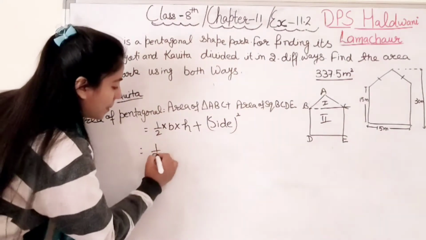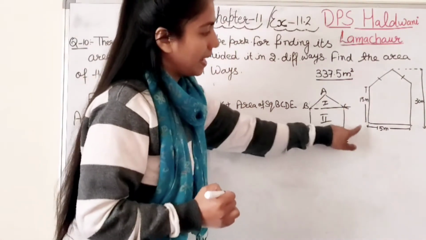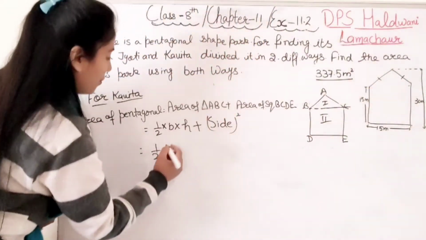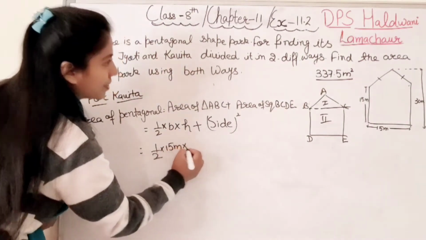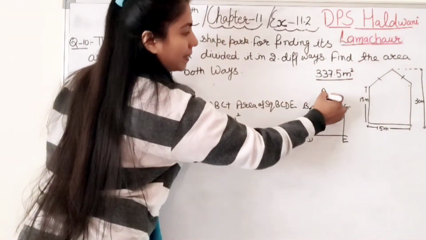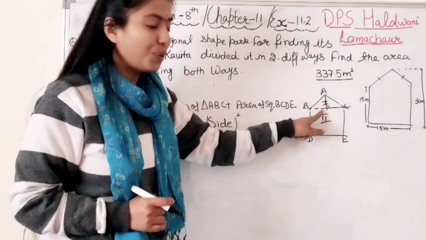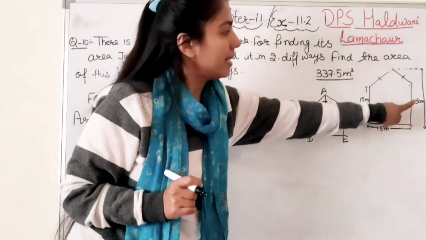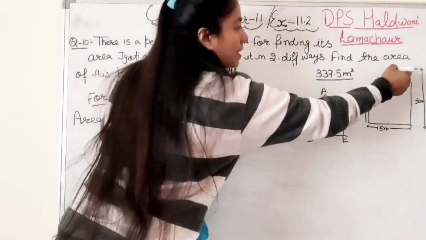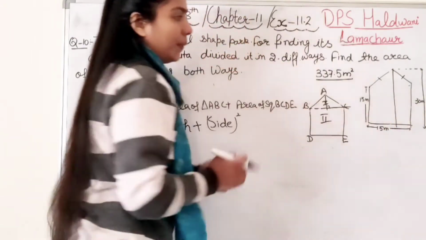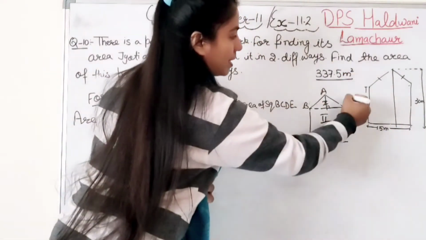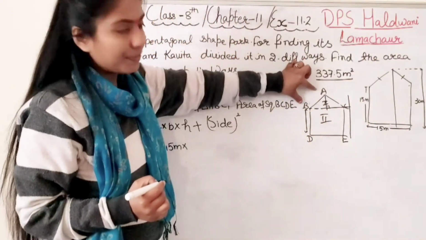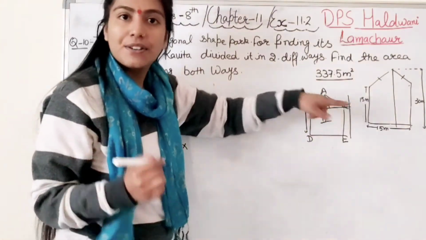So let's start. Half base is, student, this is the base and this is the length, because the length will be the same only. So 15 meter and height h. This is the h, student. This we don't know. But see, have a look. This full length we know, from here to here, it is 30. See, this full is given to you 30. And this half till here is 15. It means how much will this be? 30 minus 15. That is 15 only.